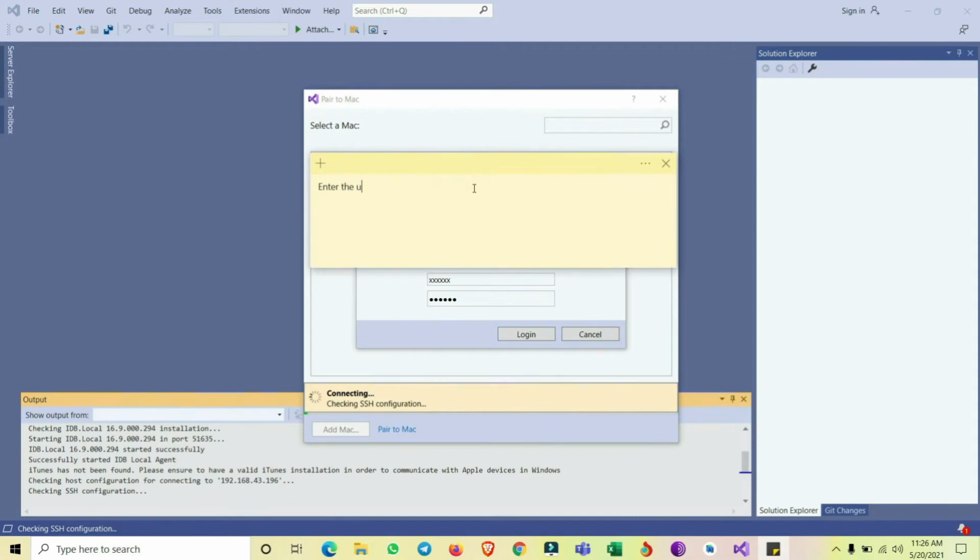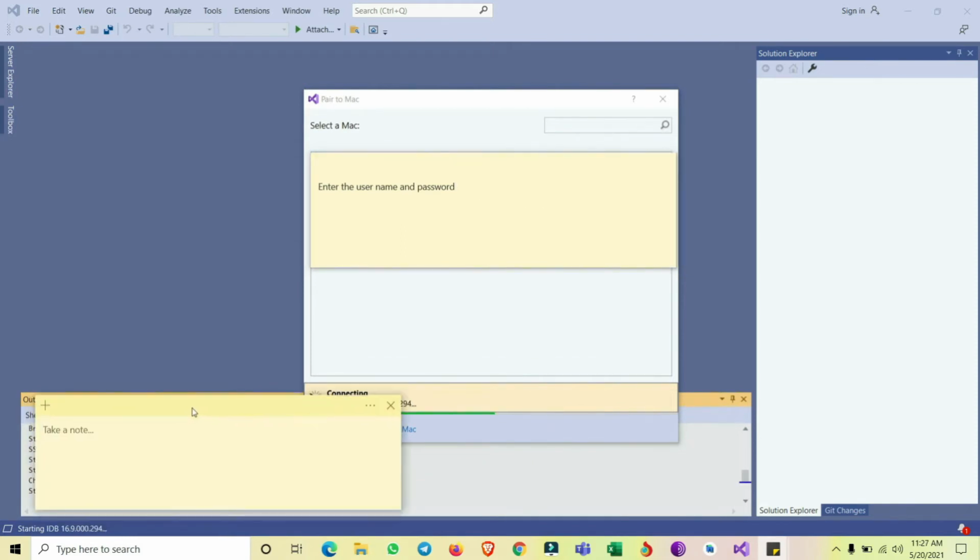The username is obtained with the help of the command whoami, and the admin password you should get from the Mac user. Give that information and press Connect. It will connect through an SSH connection.